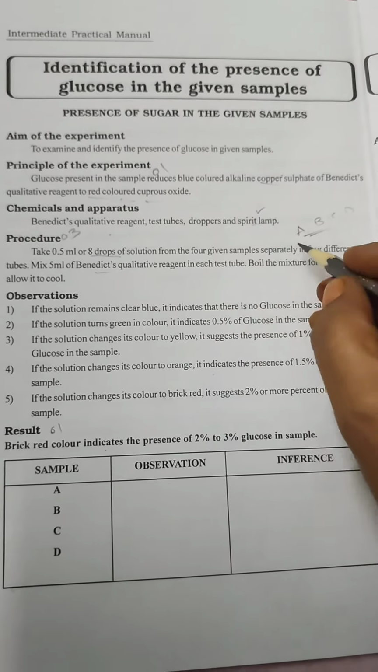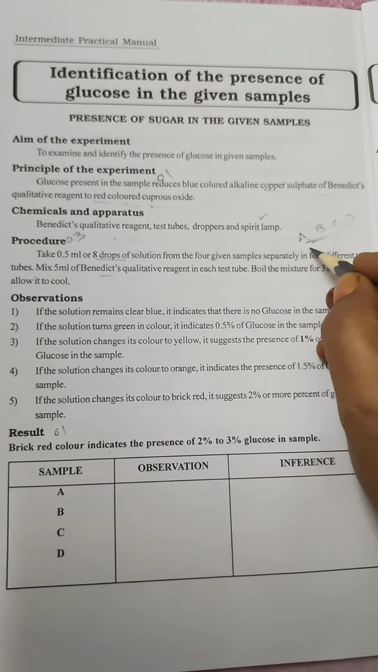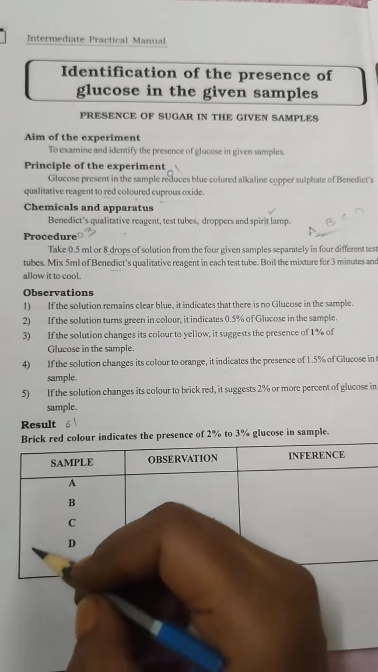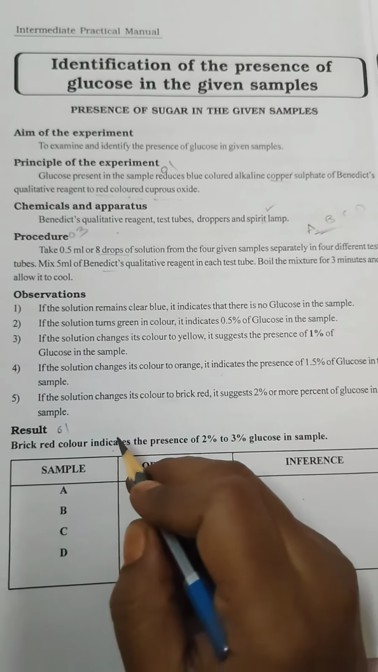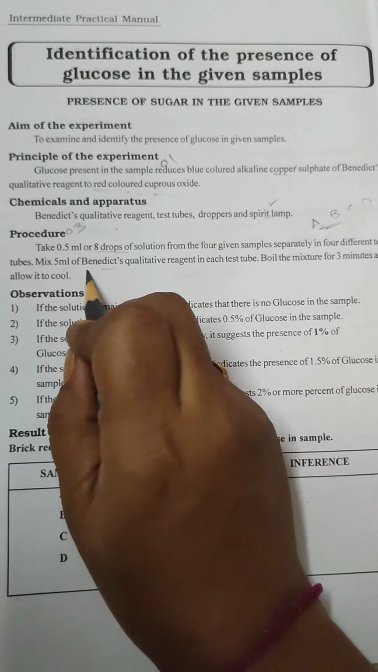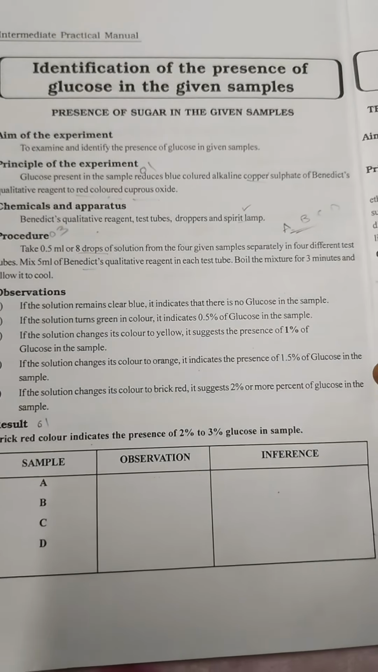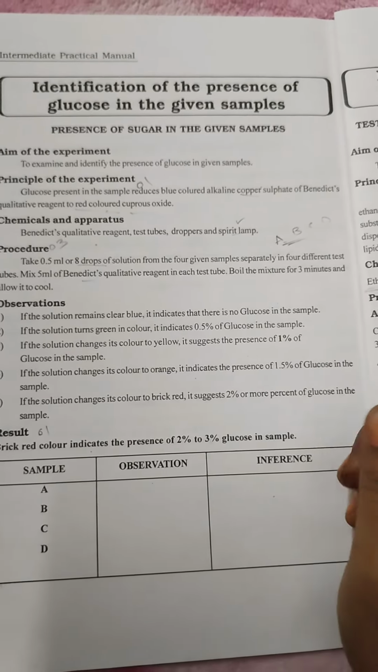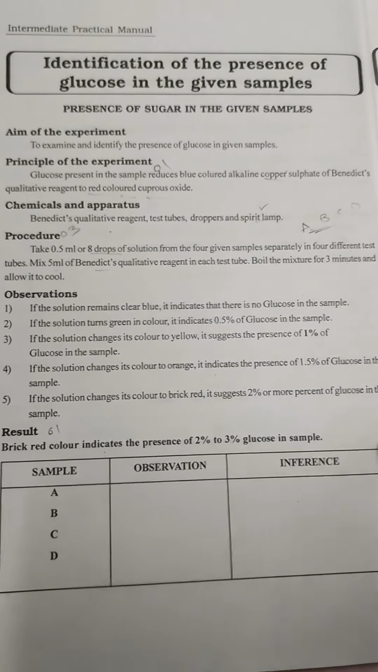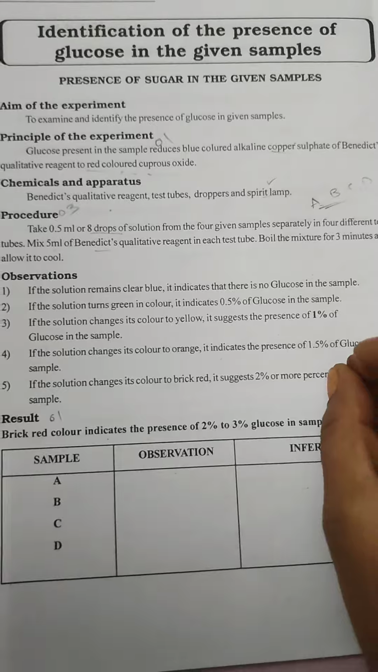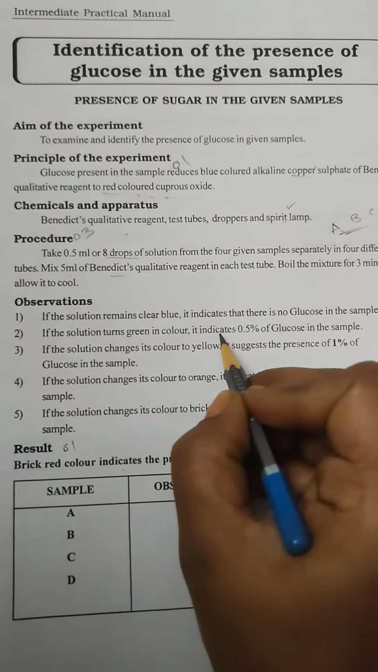So here the procedure: we have to take 4 samples into 4 test tubes. Then we add the sample, 0.5 ml or 8 drops. Then we mix it with 5 ml of Benedict reagent. Then we allow it to boil. Then we allow it to cool. So here you have to remember, if the solution is in